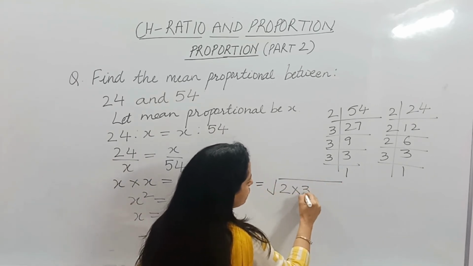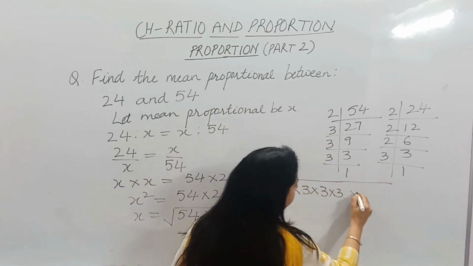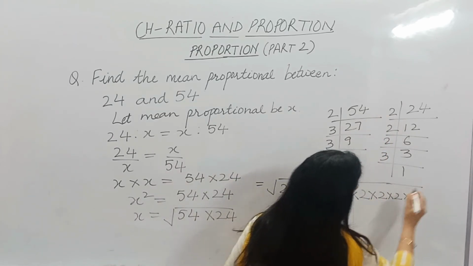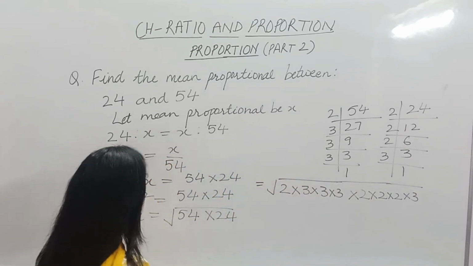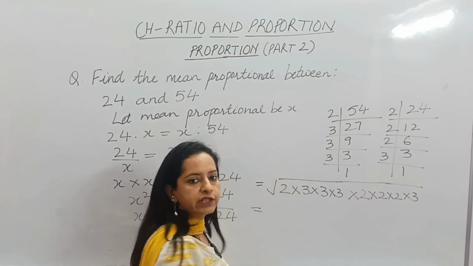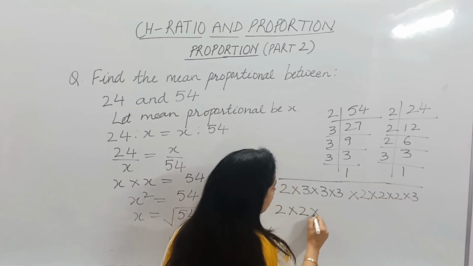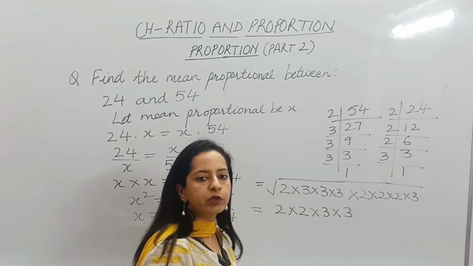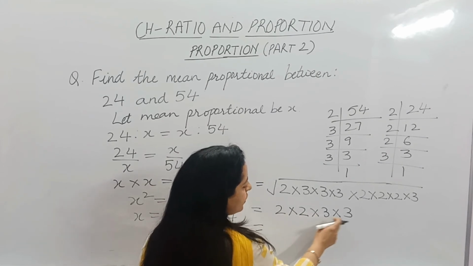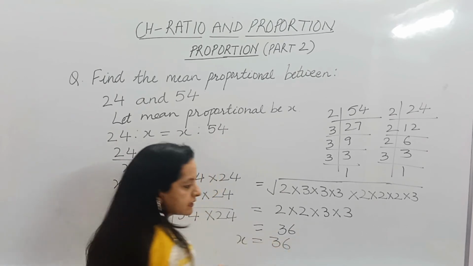Now once you have found the factors, you can write square root of, for 54 we are writing 2 into 3 into 3 into 3. So we are multiplying 3 three times, and for 24 I am writing 2 three times and then 3. Now for the square root we need to do the pairing. So here I have got 1, 2, 3, 4. We have got 4 2's, that means 2 pairs. So 2 into 2 and 3, 1, 2, 3, 4. Again 2 pairs of 3. So out of the pair we only write one digit outside the square root and multiply them. 2 into 2 is 4, 4 into 3 is 12, and 12 into 3 is 36. So we have the value of x is equal to 36.